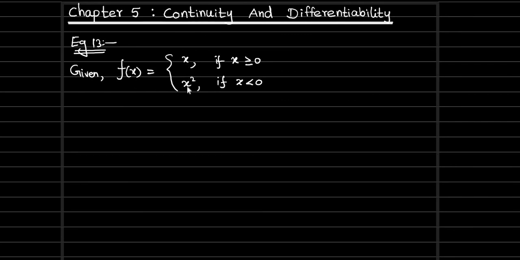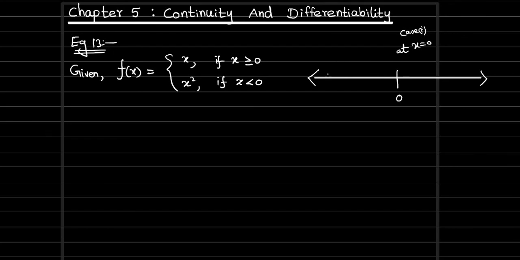Since we are using two different functions under different categories, throughout the real line we are not testing with a single function. So using this if condition as a keyword, at x equal to 0, we are going to break the real line. When we break the real line, it's coming like two parts, right? So individually in each part, at x equal to 0, in the domain we have 0 also, at which point we are breaking. So at x equal to 0, whether the function is continuous or not, that is case 1. That testing we need to do.